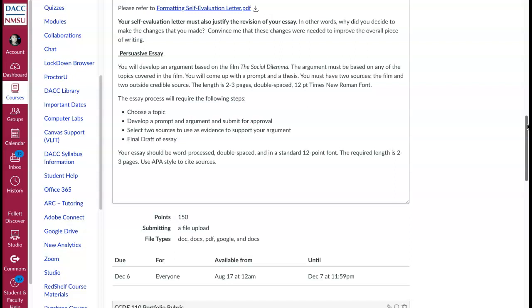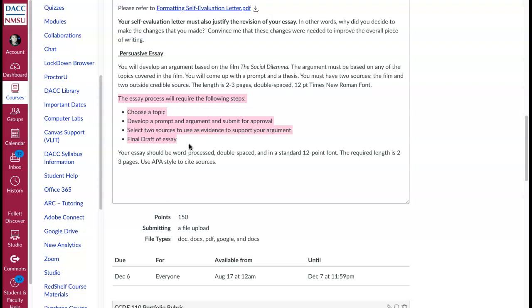We also have issues brought up that deal with the ethics of these cyber companies, social media companies as well. So you have to develop a topic from those. And for this essay, we are going to spend quite a bit of time working on it. So for this portfolio, you have quite a bit of time, which is why it's assigned within a month before it's due, because it does require a lot, because it's 3